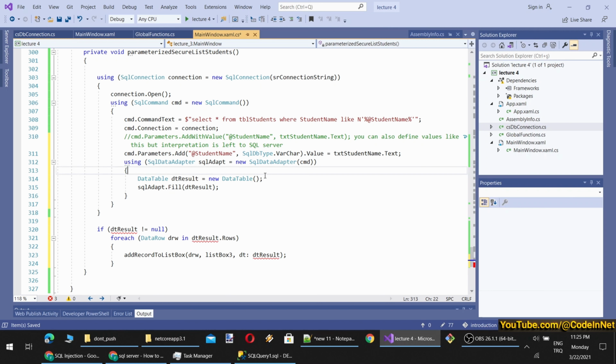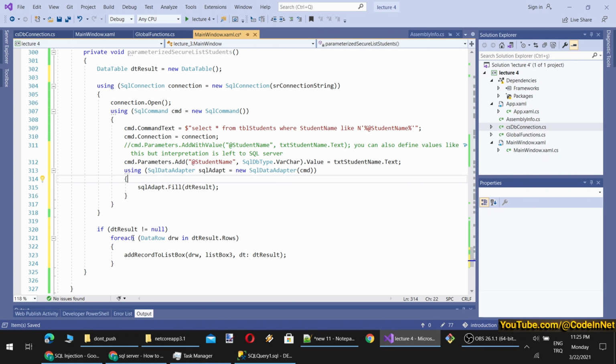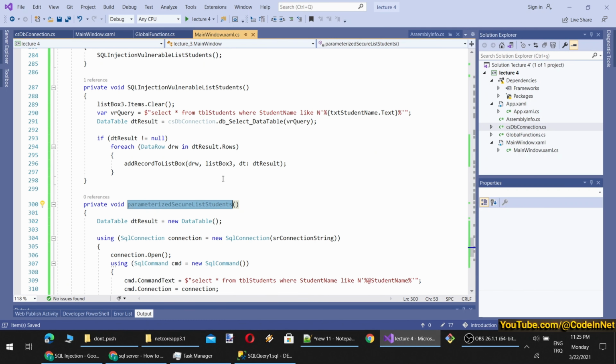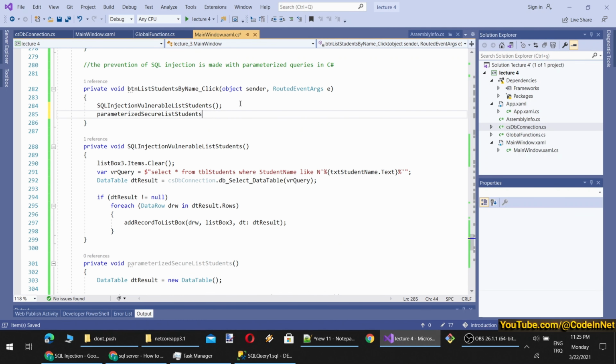So let's move this to the top of our code, and now we can use it. Since we are defining it with new data table, I think it won't ever be null. So it is fine, but we can leave it. Now this is the secure way of doing queries.